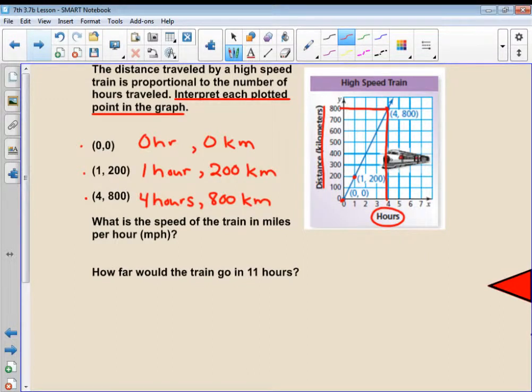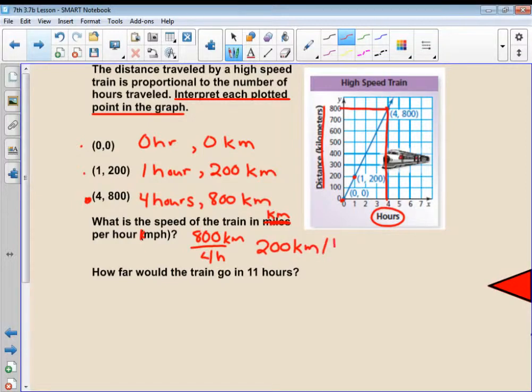The next question says, what is the speed of the train in miles per hour? So I'm going to pick any of those sets of coordinates other than (0, 0), because obviously (0, 0) is going to say 0 miles per kilometer. So this should have been actually, what is the speed of the train in kilometers? It's a typo, kilometers per hour. So we're going to go ahead and figure out our kilometers per hour. So kilometers, I'll just pick this one. So my kilometers was 800, per my hours was 4. And if I reduce that down, 800 divided by 4 is 200